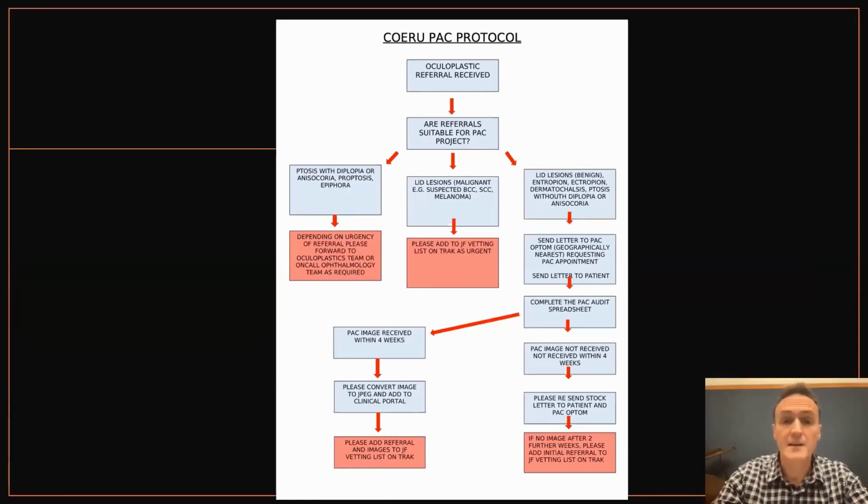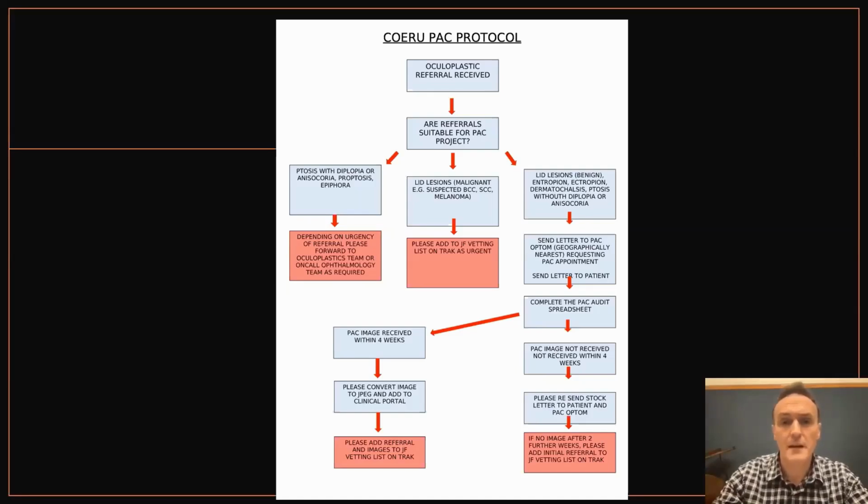Is it a lid lesion or a malignant lid lesion, in which case that would not be suitable? That's something I would want to see immediately within the clinic. So anything suspicious like a melanoma or squamous cell carcinoma would get seen in the clinic within a 2-week period. Basal cell carcinomas wouldn't really be included in this group either, and again would be seen very urgently. Others, however, so the benign lid lesions, the entropions, the ectropions, the ptosis, the dermatochalasis, would all be sent